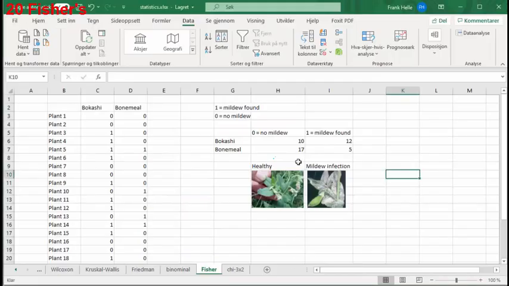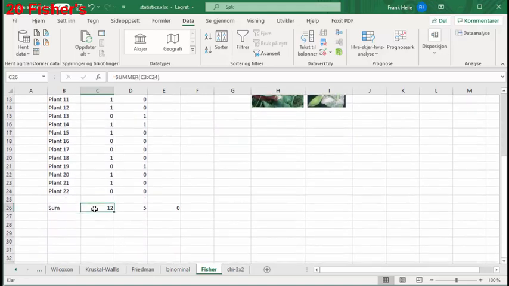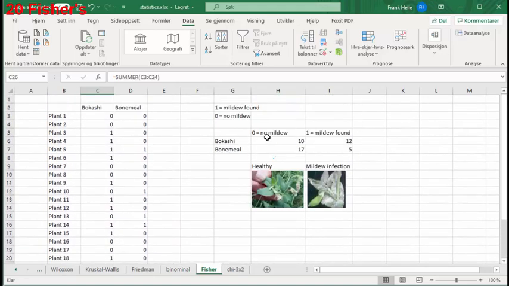Let me show you the data. So here is a healthy plant, and here is a mildew infected pea plant. And in the Bokashi group, I mark all the infected plants with a 1 and the healthy with a 0. So we have 12 infected in the Bokashi group. There are 22 in total, so that means 10 are healthy and 12 infected in the